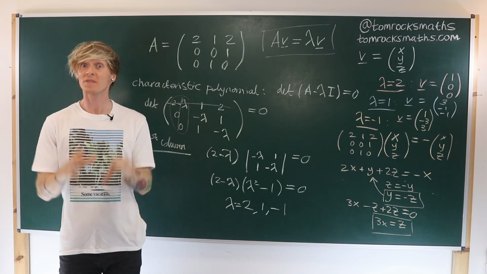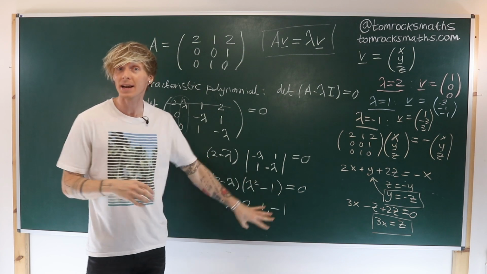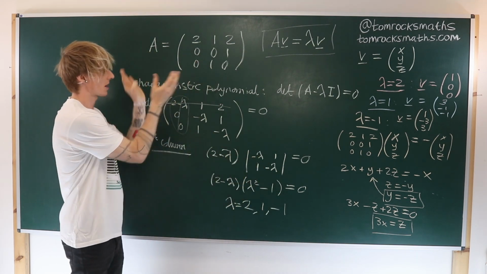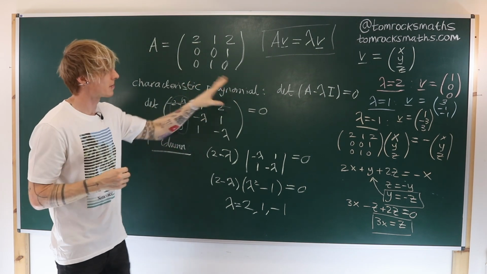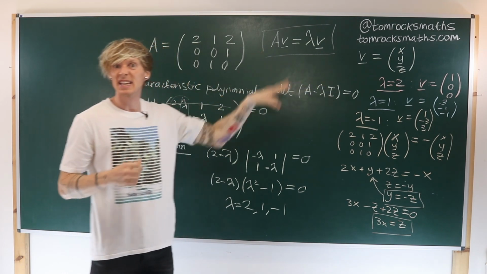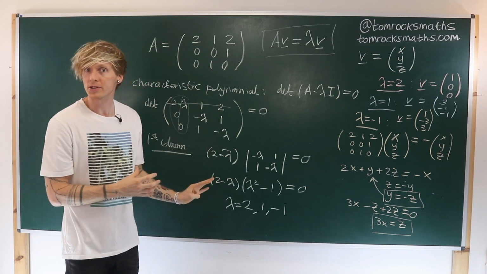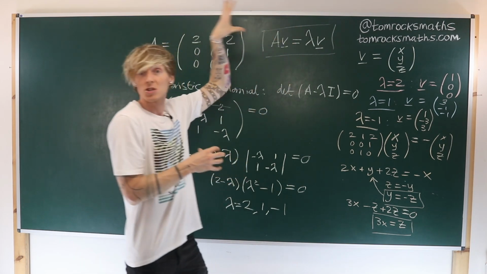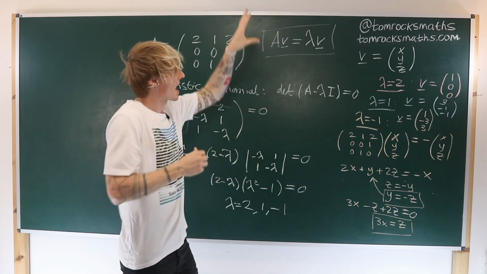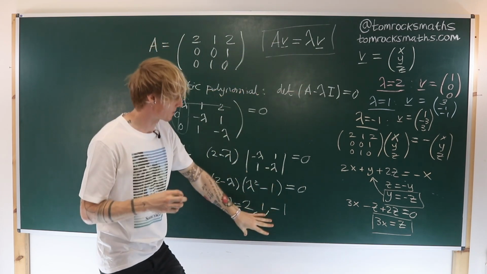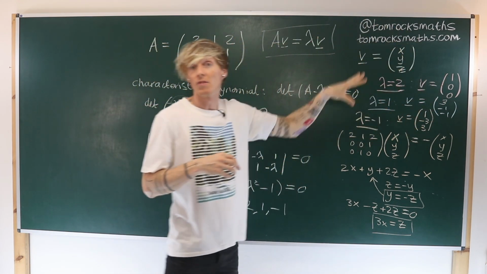And we're done. We've found 3 eigenvalues, lambda being 2, 1, and minus 1. These are the solutions to our characteristic equation or characteristic polynomial, where we solve the determinant of A minus lambda I equal to 0. We found the eigenvalues as the roots of that equation. We've then substituted in to our original expression that we wanted to solve for lambda and v. And now that we know lambda, we can substitute in one by one to find the general form of the